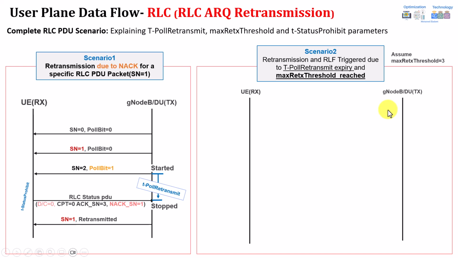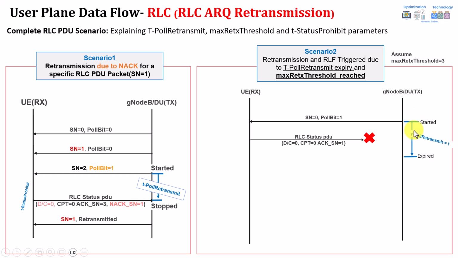Okay, so again, let's move forward. Here we have sequence number 0, poll bit 1, sending now, requesting directly for the feedback. The UE, or the receiver, sends the feedback, acknowledgement sequence number 1 or non-acknowledgement, but whatever feedback is being sent is somehow lost and not received by the transmitter. So in this case, this timer was started, but it should be stopped if feedback is received, but this one is not being received at all. So once the timer expires, what will happen? Another timer is started here, the T-status prohibit, which prohibits the user from sending additional feedback.